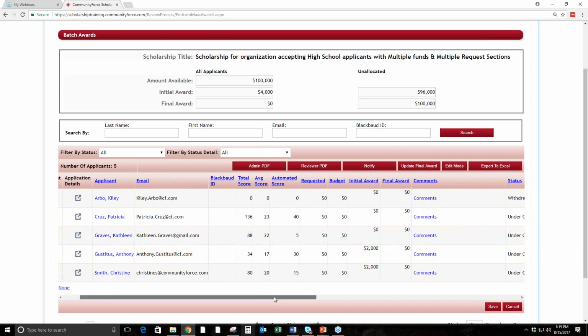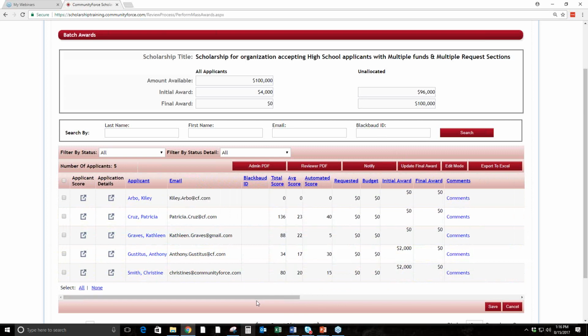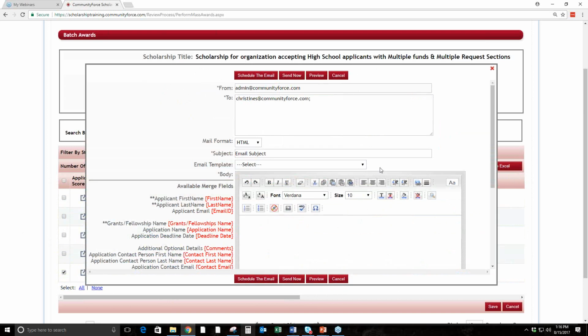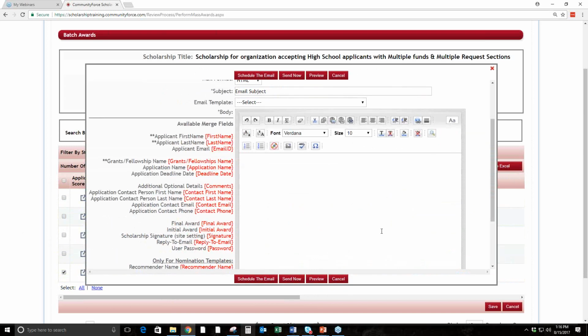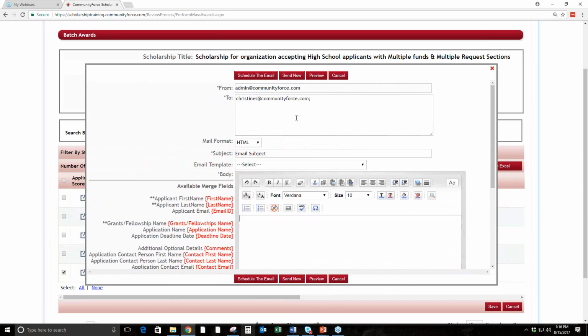So of course, if I wanted to notify at this stage, then I can just come over here and I can select these applicants. And then whoever I've selected, I can do just one at a time. I can actually go up here to the Notify button from the screen, and here you'll see when I click that Notify, an email screen will appear. I can send a quick email to just this one individual, or if I've already created an email template for